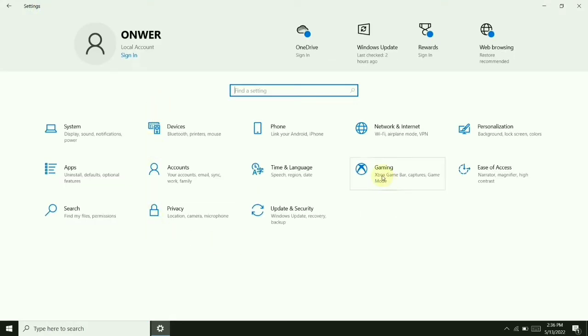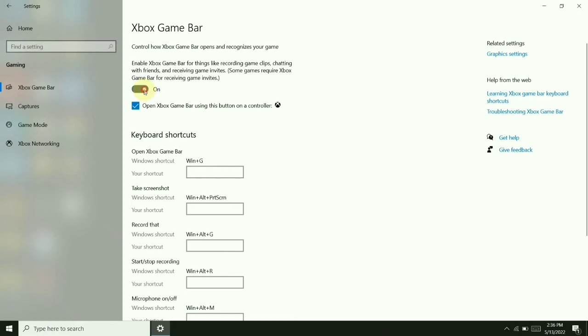Now click on gaming and turn off this option. Now go back,